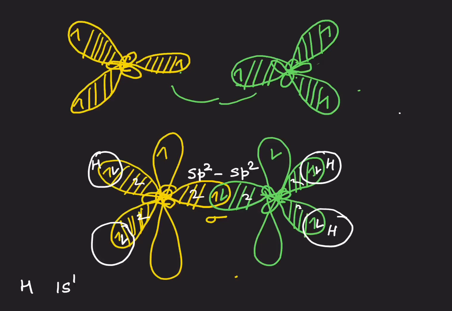Now, in order to represent the sideways overlap, what we call as the pi bond. In pi bond, both the lobes will overlap. So, in order to show both the lobes overlapping, I will show dotted lines from yellow to green. Okay. This does not mean two pi bonds. This just means a pi bond. That's all. These two dotted lines are just to indicate that both the top and the bottom lobes are overlapping. That's all what is required to be shown.